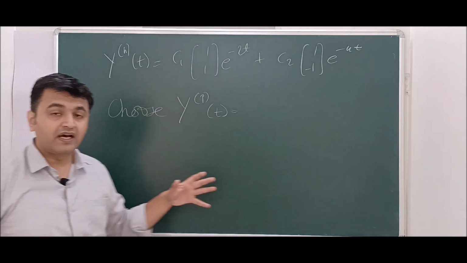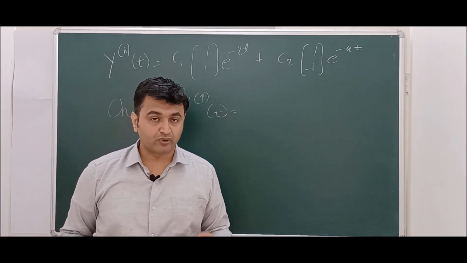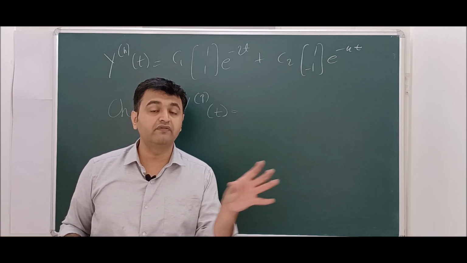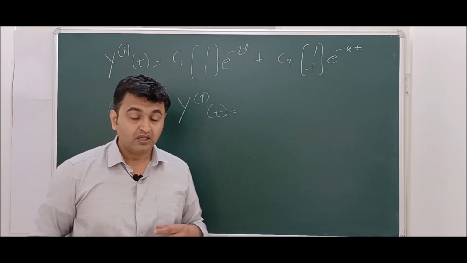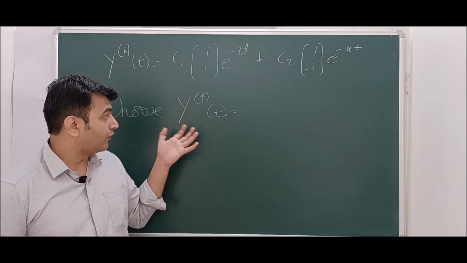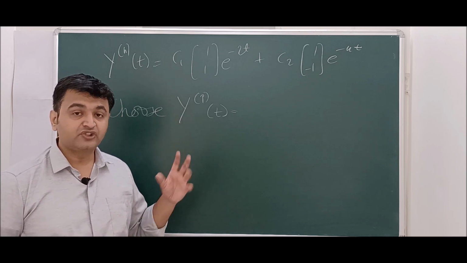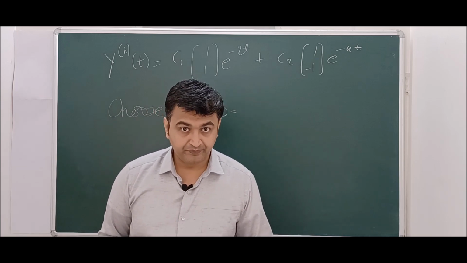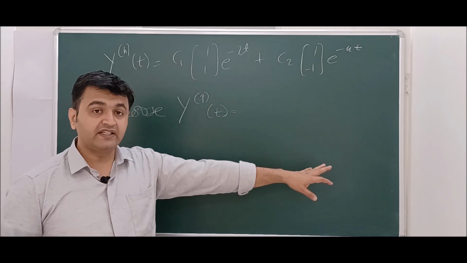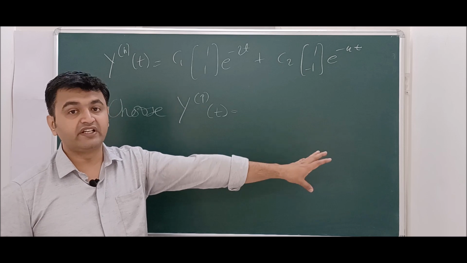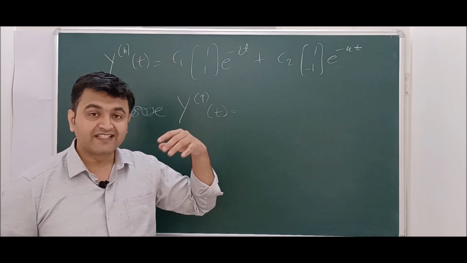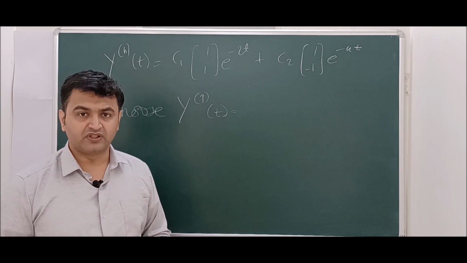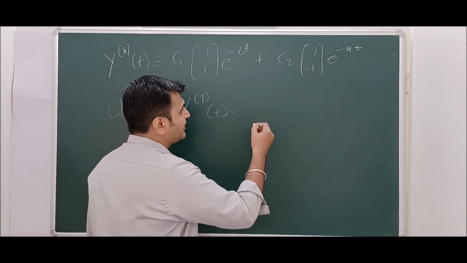Now what was your RHS? Now it's a two-step process. Recall our lecture on method of undetermined coefficients when you had only one differential equation. So there we saw that for YP it's a two-step process. First you choose the YP and then you see whether you need to modify it or not. So here what is the right hand side? It was something into e raised to 7t. So whenever you have an exponential, what does the method say? You choose a multiple of exponential, right? So you choose some multiple.